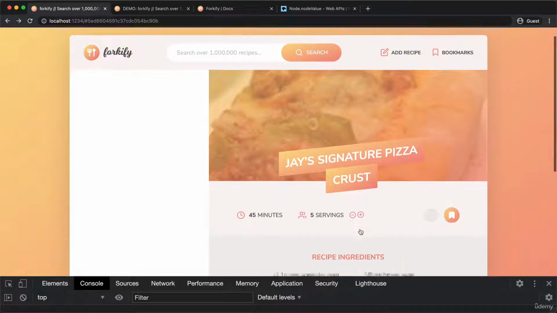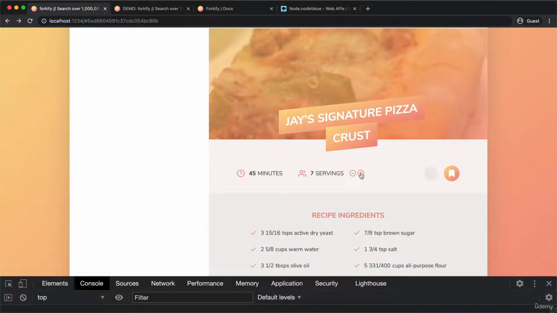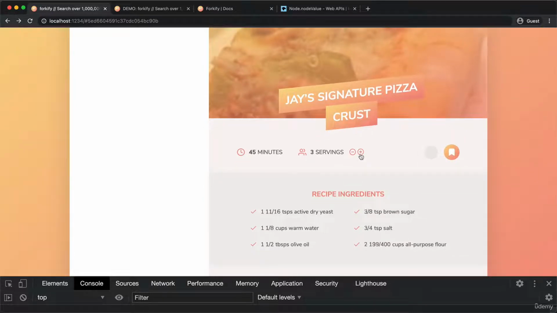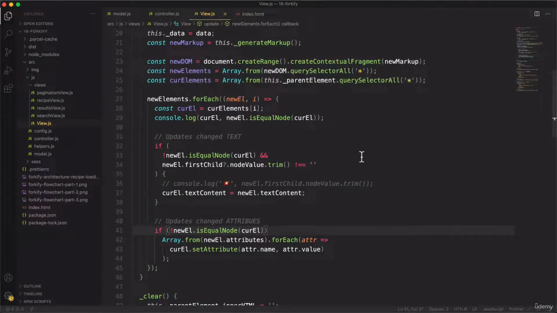And so now we are able to go as far as we want here. All right. And so we successfully implemented a method for updating the DOM only in places where the text or the attributes actually changed. Now this algorithm here is probably not the most robust one, and so maybe it might